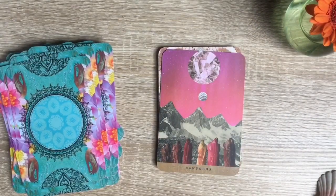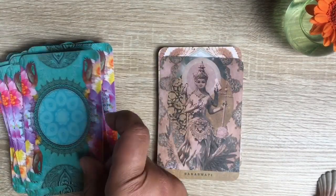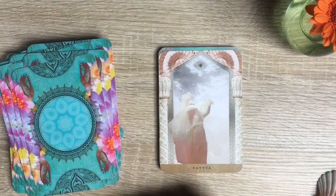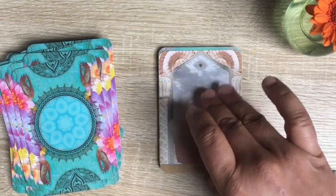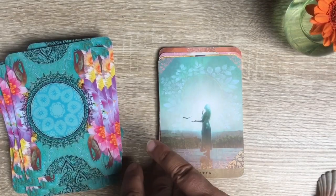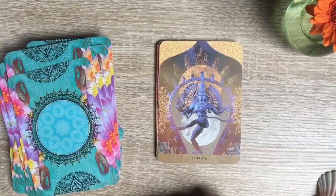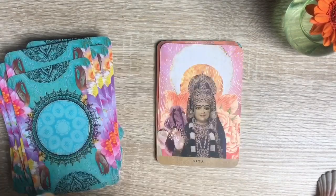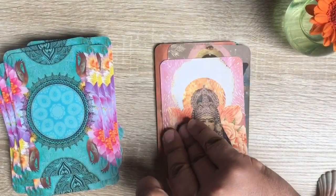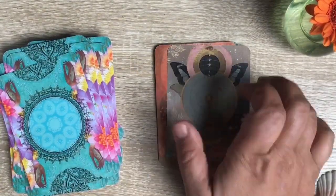Santosha, I heard the word before, but I'm not sure what it means. Saraswati, Sattva, I heard that also. Satya, heard that one, but not sure. Shiva, yeah, great, like the card. Sita, not sure. Svadaya,